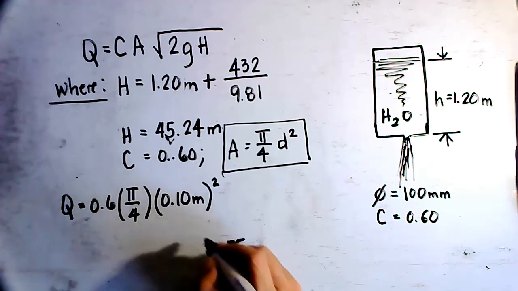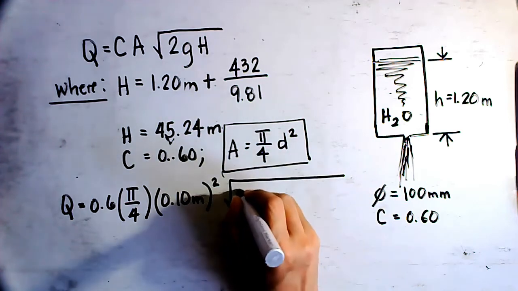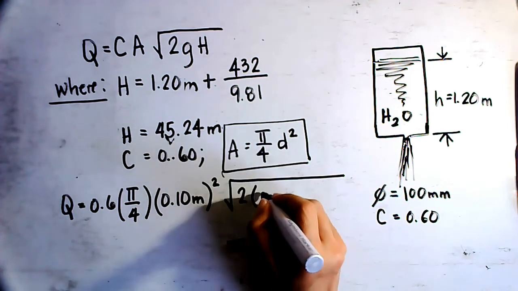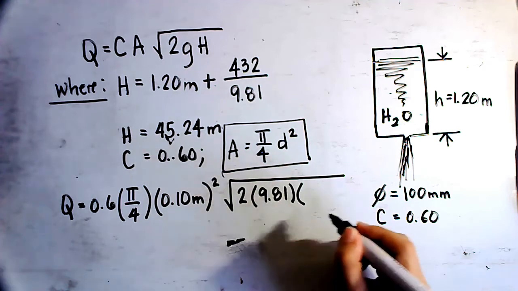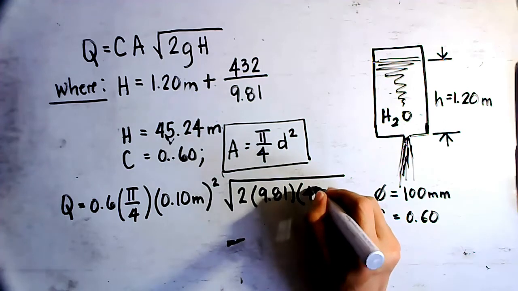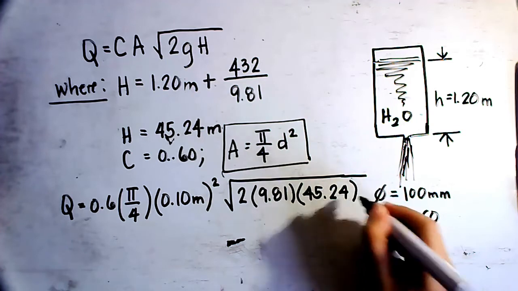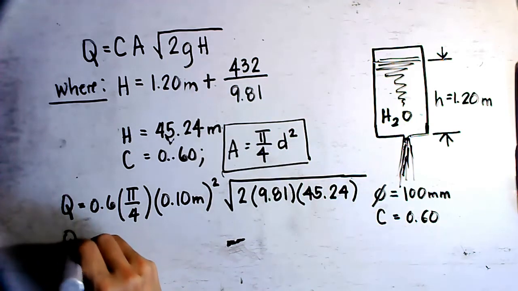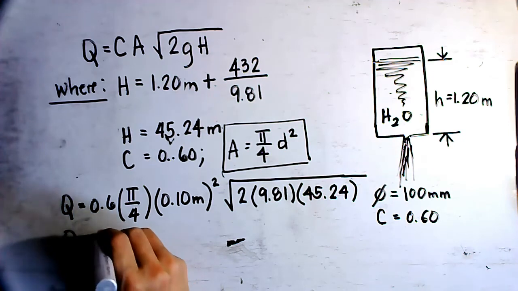Pi d squared over 4 multiplied by the square root of 2 times the value for g, which is constant at 9.81, and the value for H is 45.24 meters. Again, the technique is that you have to make sure that you are consistent with the units that you are using. So based on my calculation here, the value is